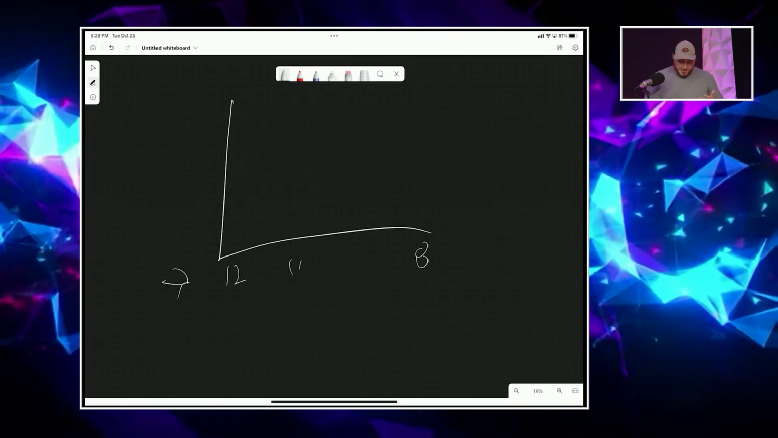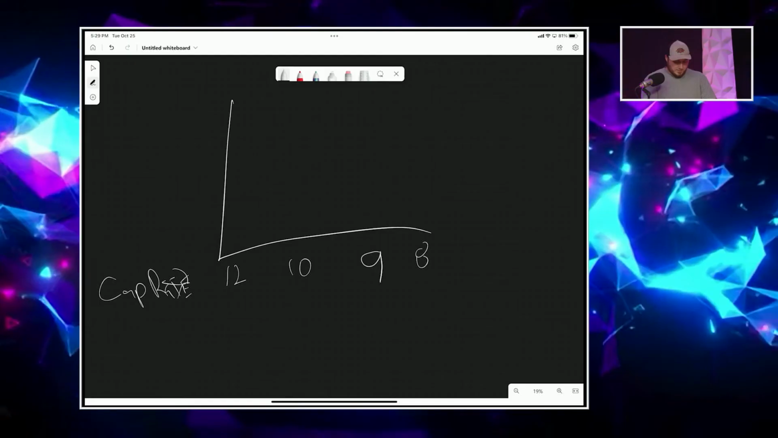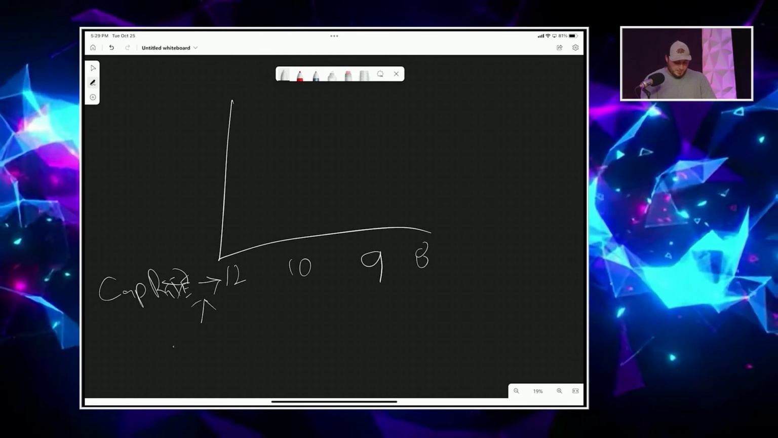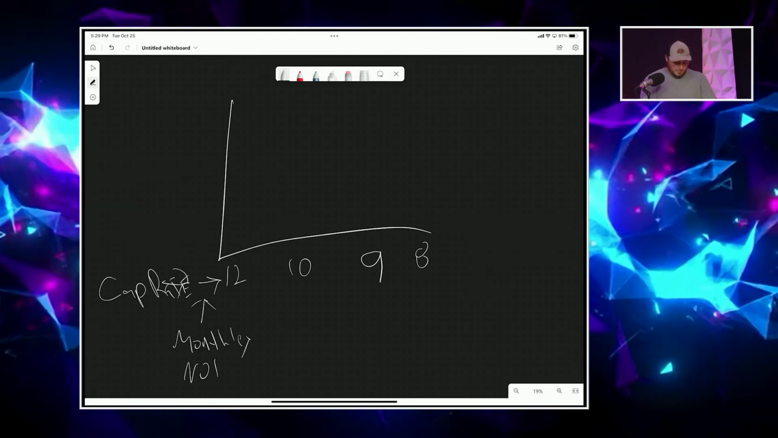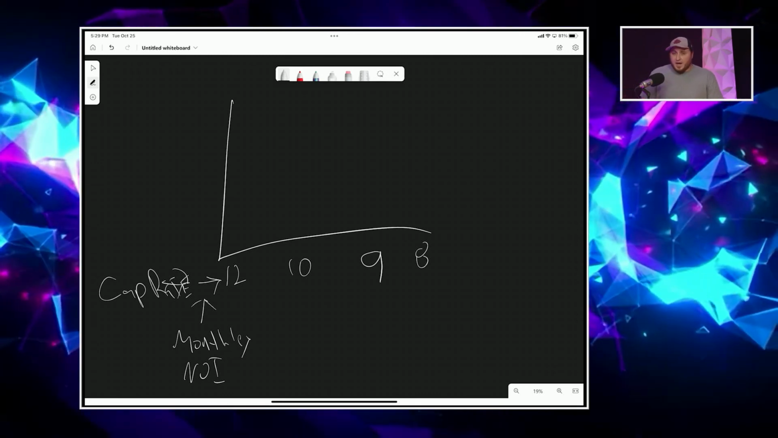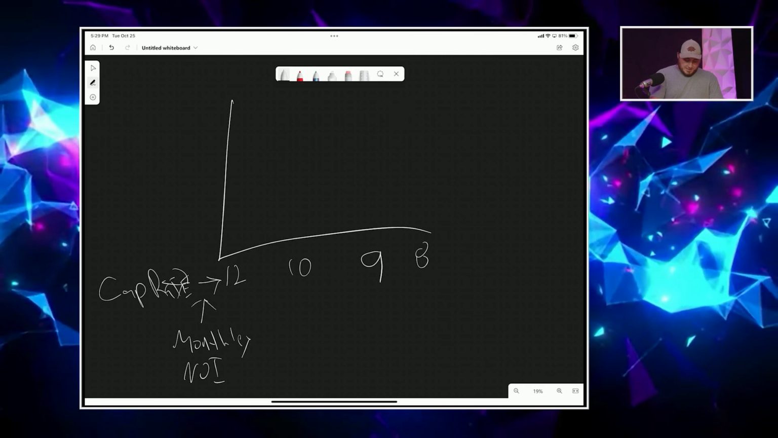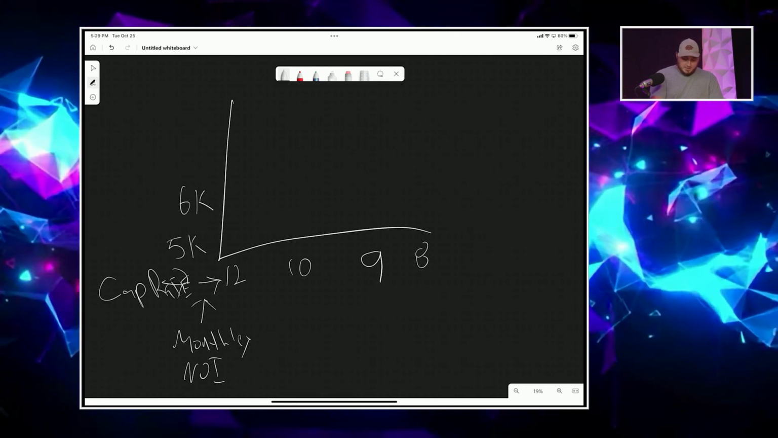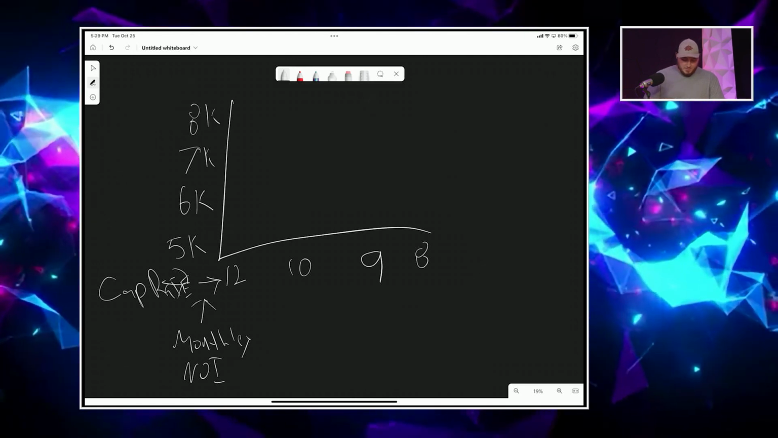I'm going to throw a 10 in here and a 9 over here, and we'll just leave 11 out of it. 12, 10, 9, that's cap rate going that way. And then this is going to be monthly NOI. Okay, this is how you do value add on a property. Okay, if I've got $5,000 a month, $6,000 a month, $7,000 a month, $8,000 a month worth of NOI,